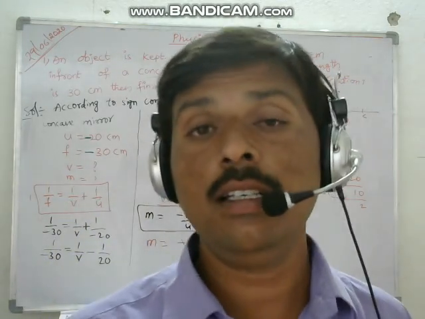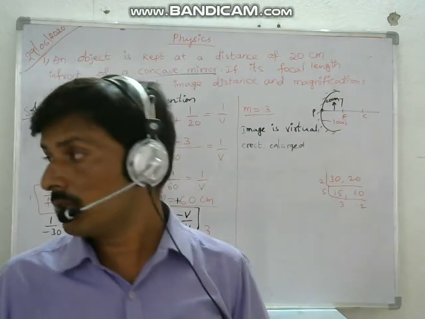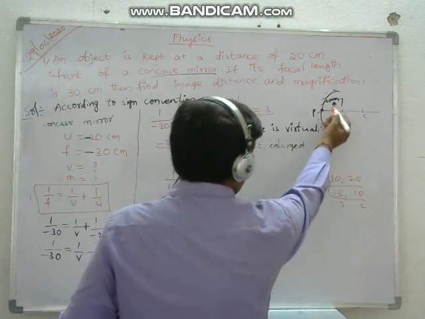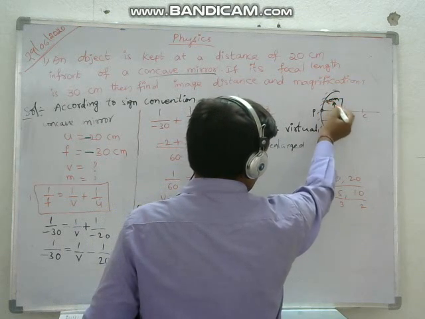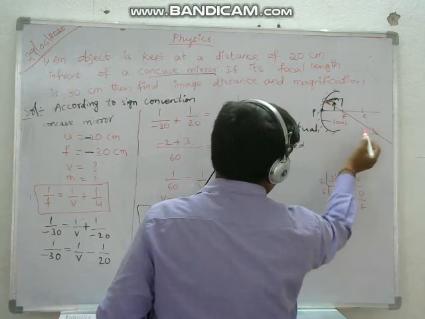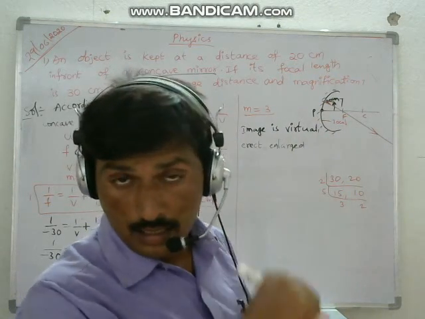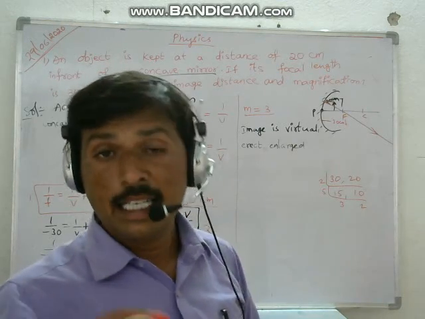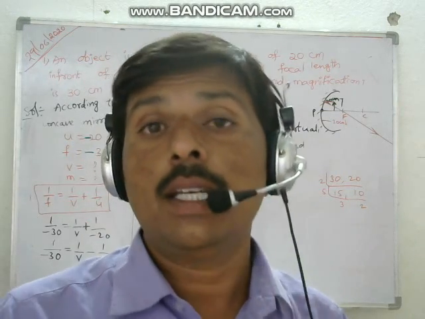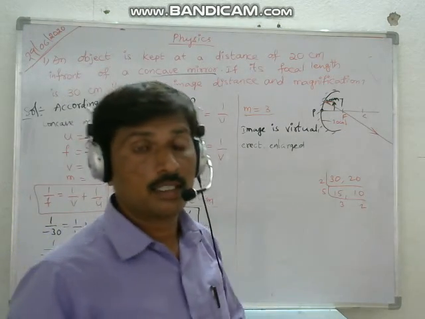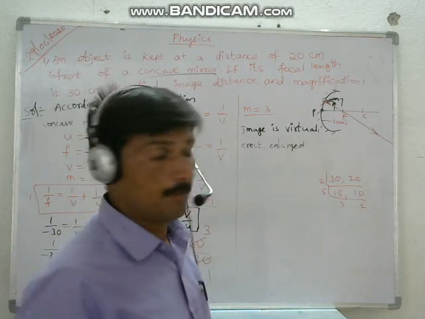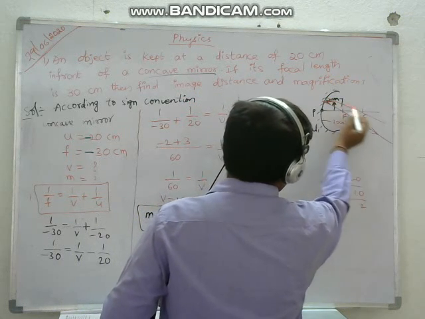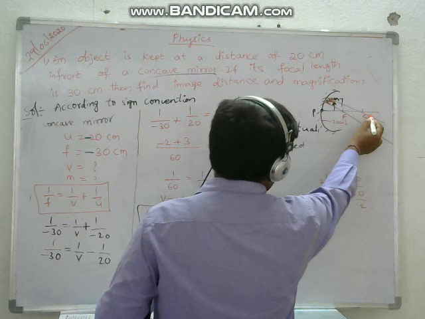Based on this information, we are able to draw the ray diagram also. Now I am going to draw the ray diagram for this situation. See here, the first ray is parallel to the principal axis. It is passing through the focus. Just to know whether the answer is right or not, let me verify it with the ray diagram. Now one of the rays is parallel to the principal axis, it is passing through focus, and another ray is passing through the center of curvature. It retraces the same path.